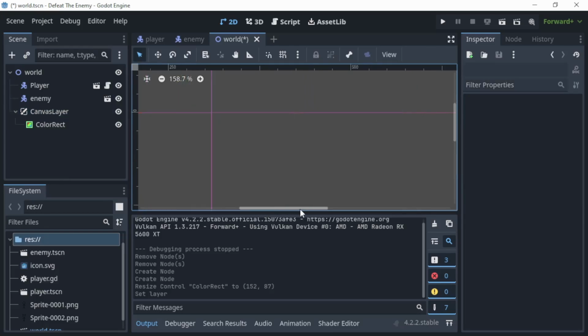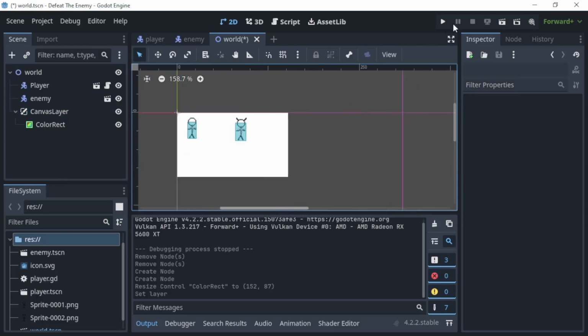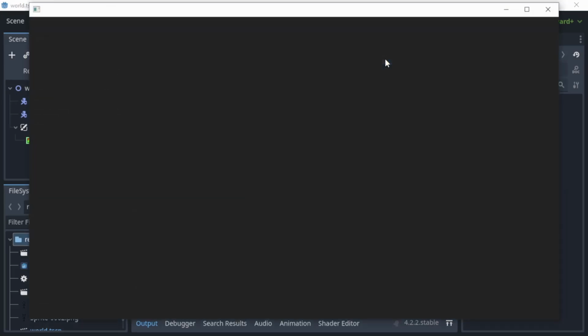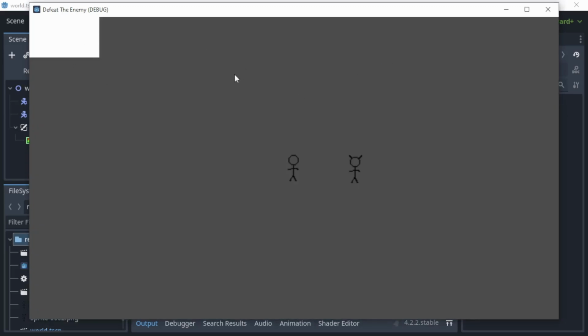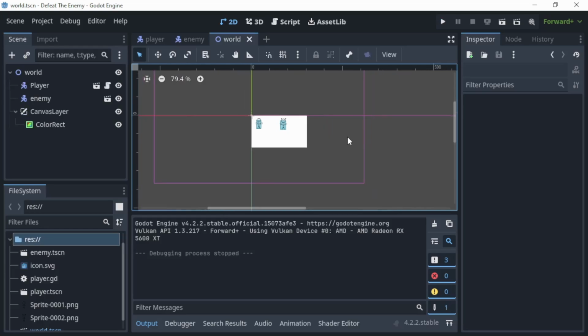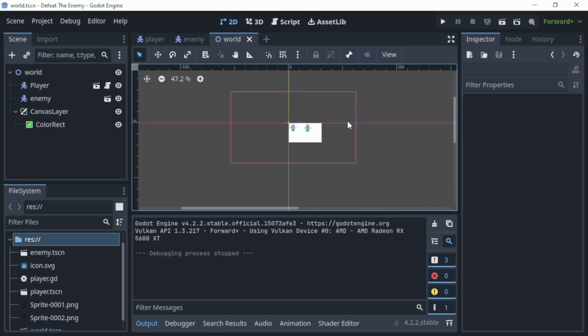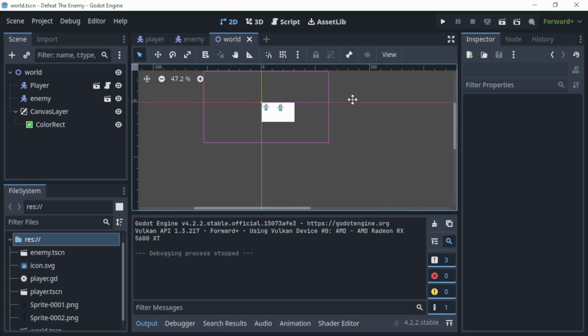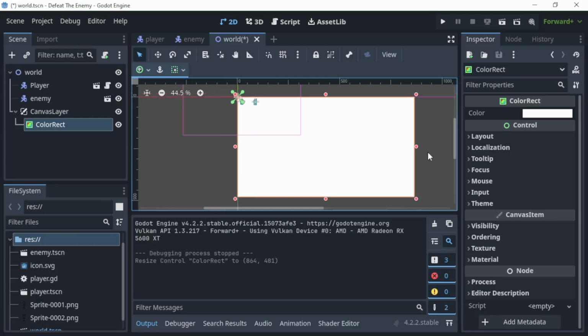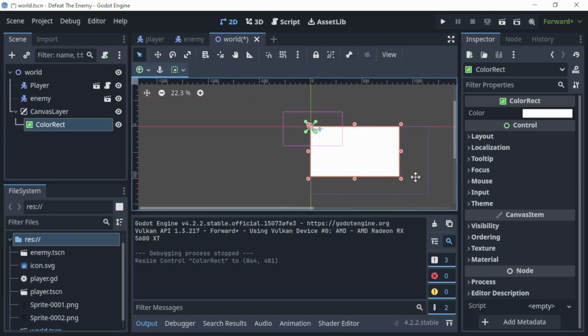As far as the size, if we left it right here and we went to go run the game, we can kind of see a problem pop up, and that is that it doesn't cover the whole screen. It is just up in the top left. And so when we go back to our scene viewer, we can actually see that there is a large box. And we want to cover that whole box with this layer. So zoom out a little bit more, move,